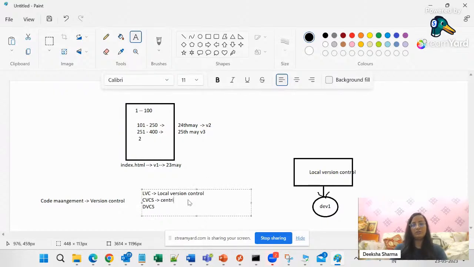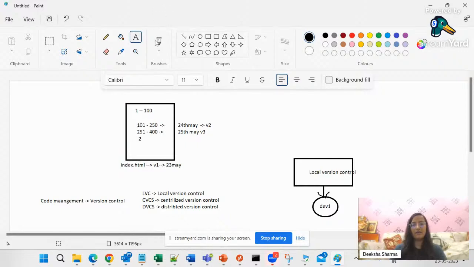And it belongs to centralized version control. And it belongs to distributed version control. Okay. Now these are the three different types we have, and what will be the difference over here is,